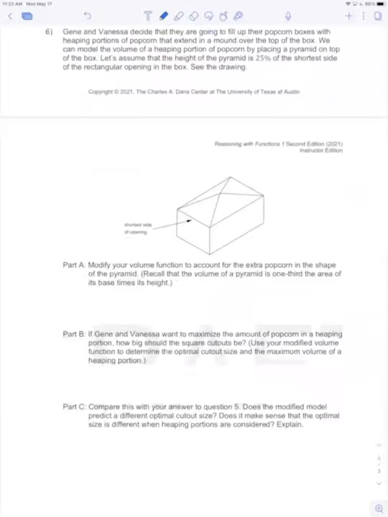Part A says, modify your volume function to account for the extra popcorn in the shape of the pyramid. Recall that the volume of a pyramid is 1/3 the area of its base times height. So we'll call this function V sub h. Then V sub h of x is equal to whatever is inside the box already, which we calculated as V of x,